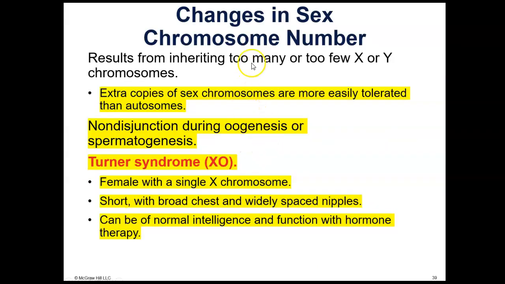And then when we have trisomies and monosomies that happen in the sex chromosomes, which are pair 23, we can get some disorders as well. So Turner syndrome means you have, on pair number 23, 1 X, and then that O means nothing. So this is a female with a single X chromosome. The individual tends to be short with a broad chest, widely spaced nipples, normal intelligence, and usually we'll use hormone